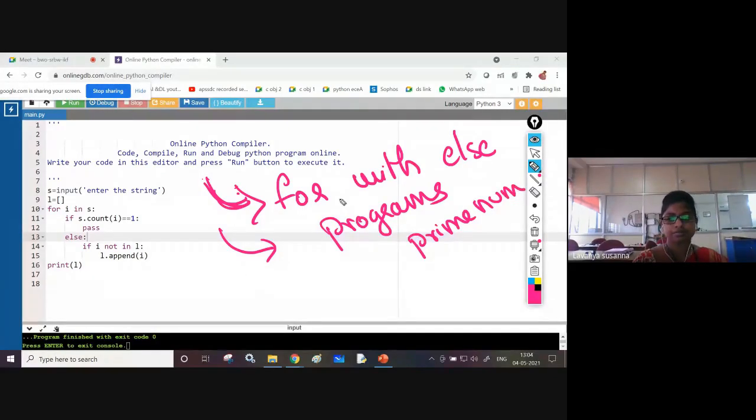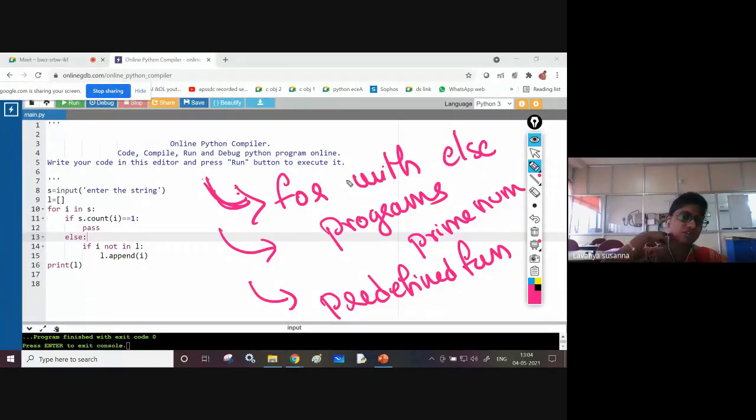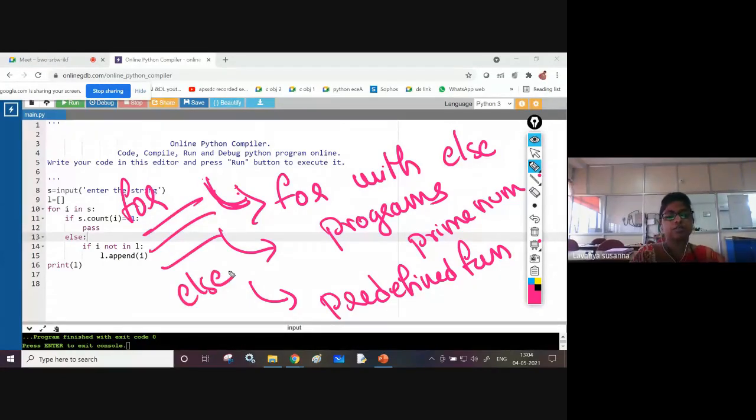Next, predefined functions, we have seen it. Okay, so ఈ else స్టేట్మెంట్ ఎప్పుడు ఎగ్జిక్యూట్ అవుతుంది? When you are using else statement with for, after the for block. Actually you will use else statement with if, right? If else. So when will this else statement get executed? When the if condition is false only. But coming to for, you are using else statement with for. So when will this else statement get executed?